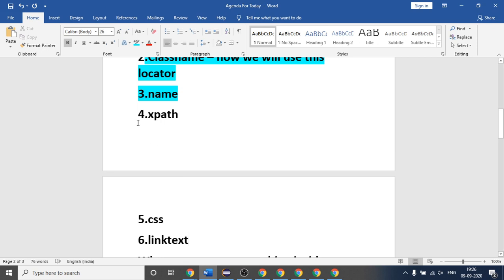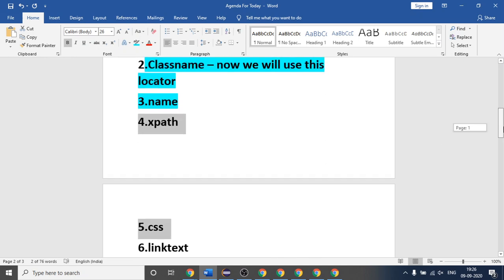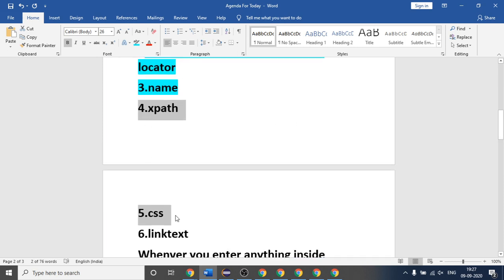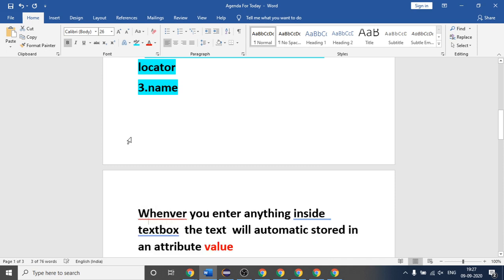So these are more locators, and the most important ones are these two, 4 and 5. I am not discussing them as of now because our agenda is not that. I'm just saying that these are a few more locators which you will learn in the coming sections. So as of now I will remove this.